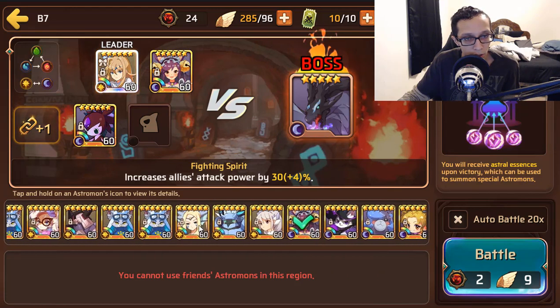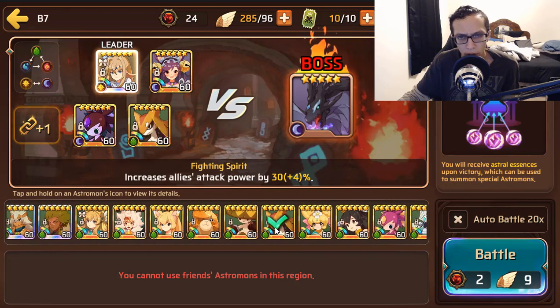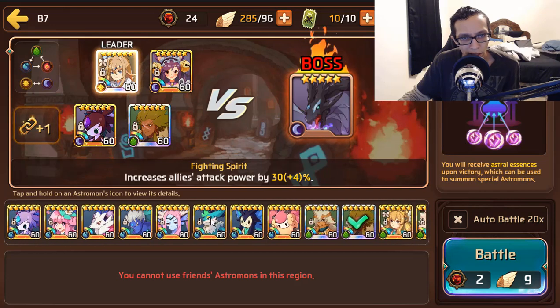Dark Thor. I think Fabian, don't quote me on that, but I think Fabian's first move might be defense down. I believe Leo is as well. You could bring Lat in too, but his DPS is